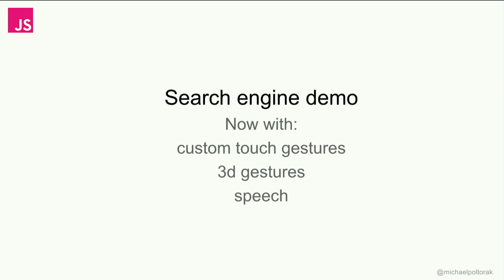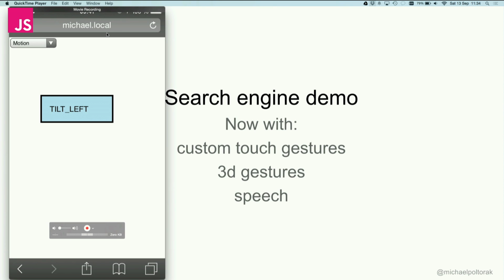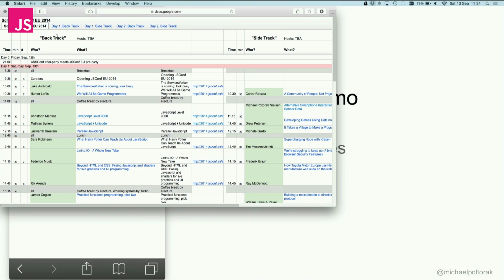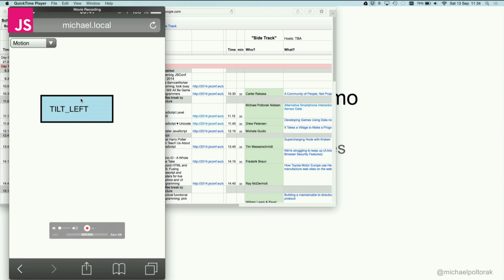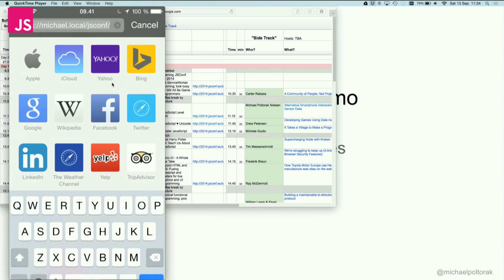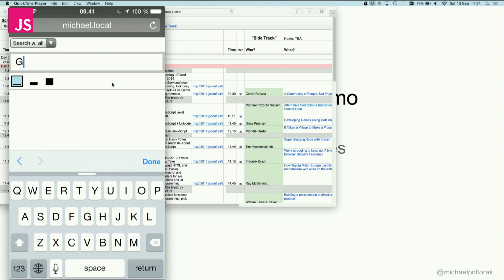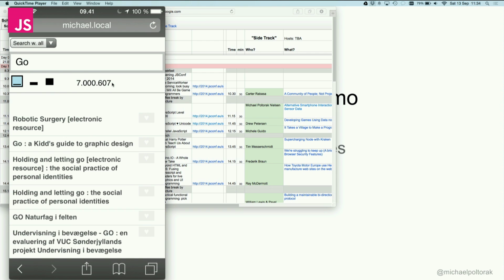So let's put all this together in the search engine and see how we can augment the way we use it. Oh, we're going to do it without the log. Okay, so all together. I do a search again. So now this is the same search result as we saw before, just augmented with